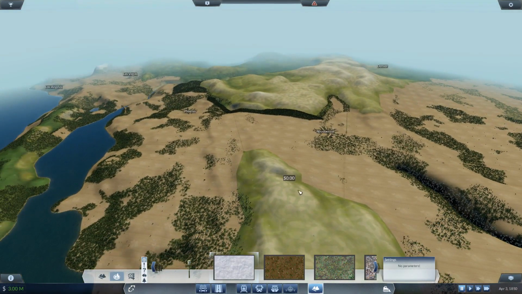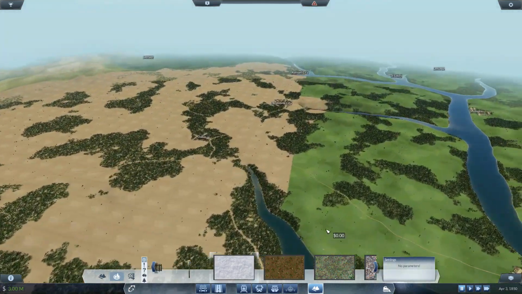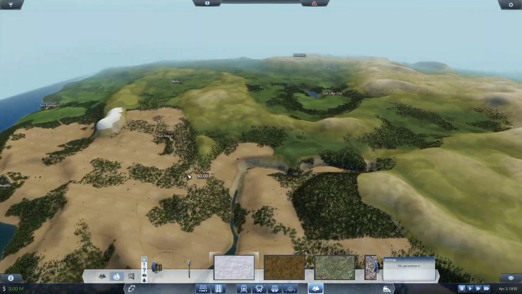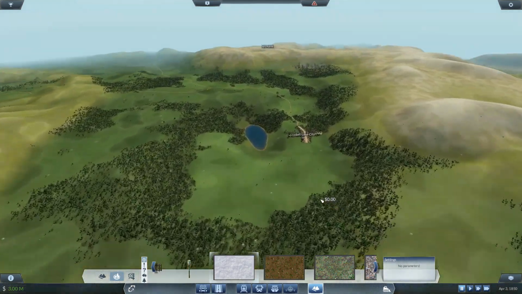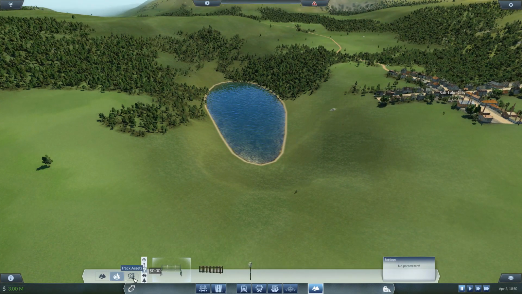I'll blend these lines in. I'll maybe make tree lines to blend in where the desert terrain meets the grass. So we'll have something for that. This will all be snow. I've done this mountain top. I've left this green. This will have snow. Salt Lake City I actually want to make a bit larger, which I can actually do